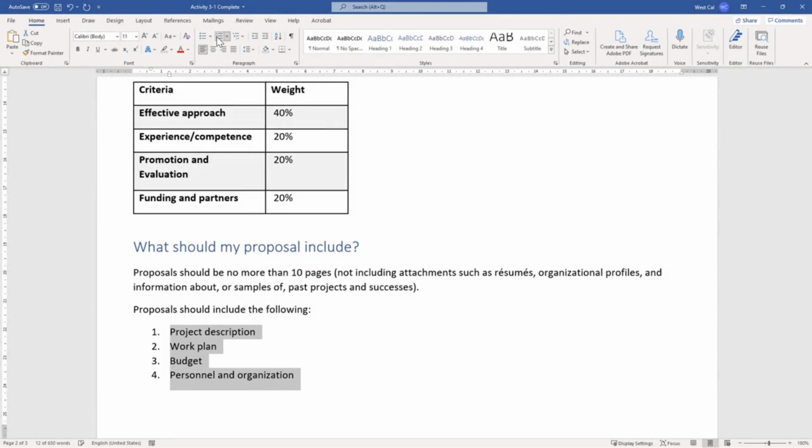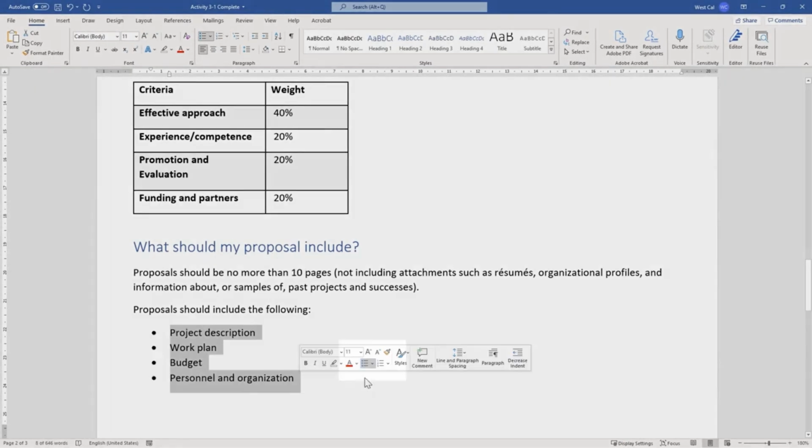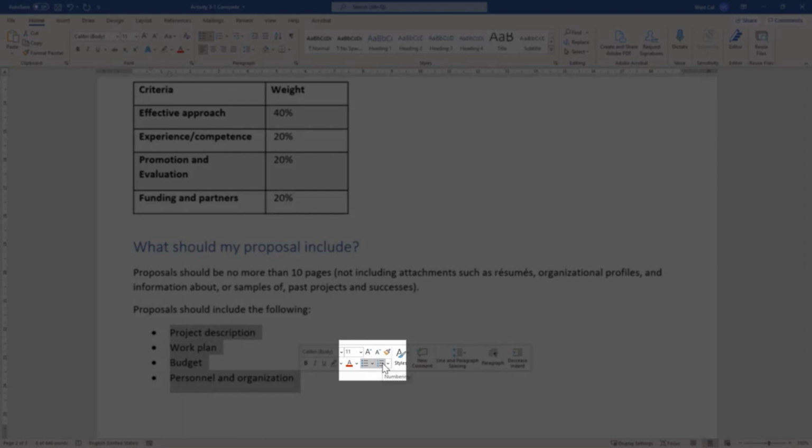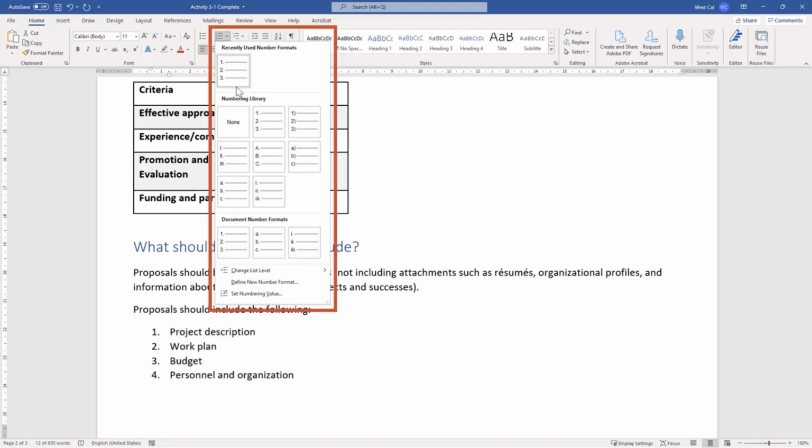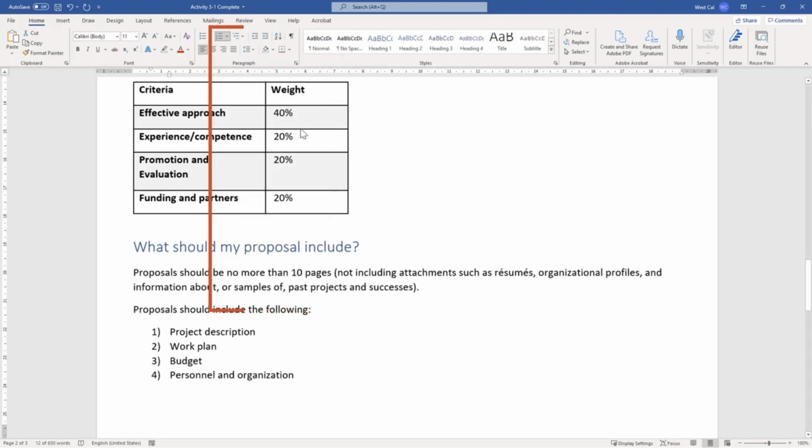The default numbering style will then be applied. The Numbering command can also be found on the mini toolbar. You can also click the drop-down arrow next to the Numbering command to choose a different style. Just like with bulleted lists, the numbered list drop-down also contains recently used and document sections. To maintain consistency, use these sections to quickly pick a recently used item or type of list already used in